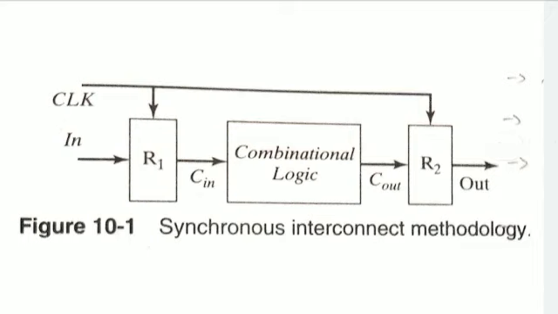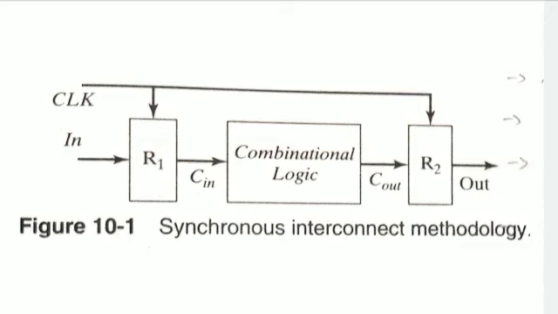Here the input data you can see in the slide or the PDF that I have shared. The input data signal in is sampled with register R1 to produce the signal Cin, which is synchronous with the system clock, and then it is passed along the combination logic. You can see in between R1 and R2. R1 and R2 are the clocked elements. In between we have